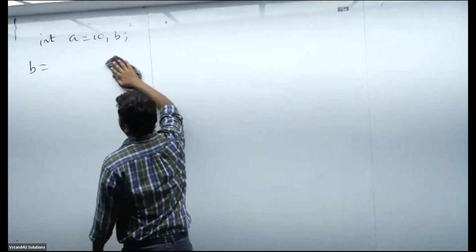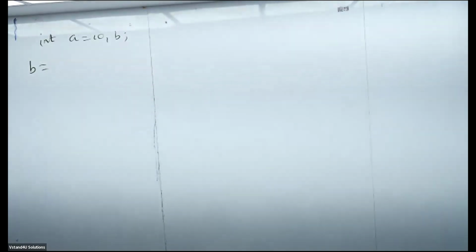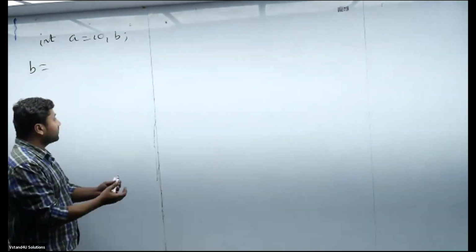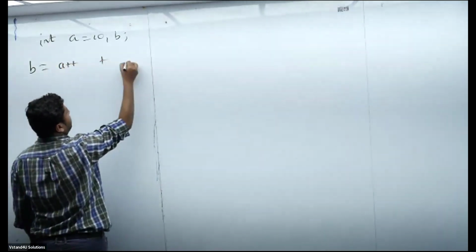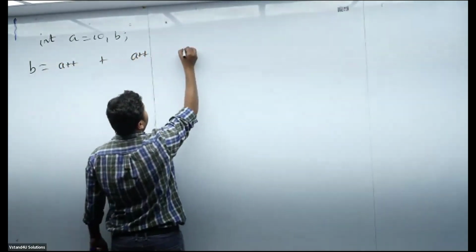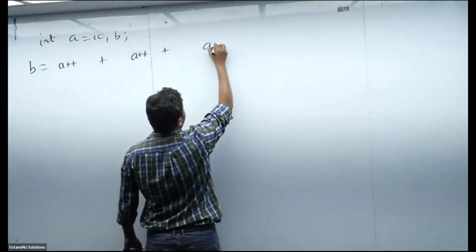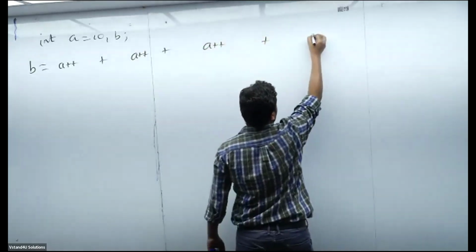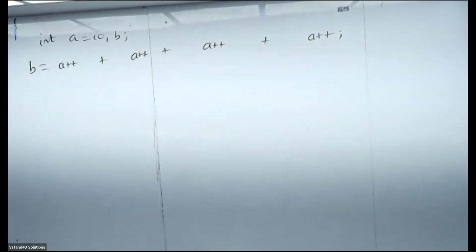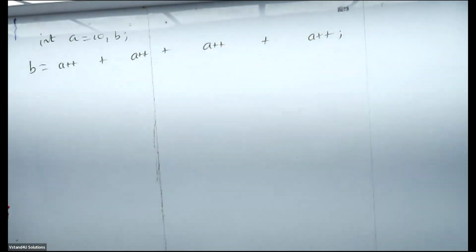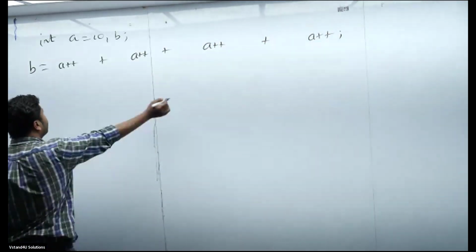If this is clear, this time I'll have 4 operators for the decrementation. Is that okay? Chalega? A plus plus, 4 combinations basically. A plus plus, A plus plus, somewhere plus, A plus plus, then again plus, A plus plus. Is that okay? Shall we start? Make a note of this. Meanwhile, I'll start before you complete. Let's see everybody's calculation.